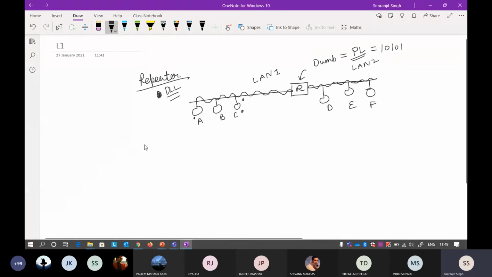Okay. Now there is one other term called collision domain. So what exactly is the meaning of collision domain? Let's understand this by the same example. Suppose your devices are connected like this. This is your A, B, and C, D, E, F. Every workstation that is connected to this wire, I'm only talking about the wire, every workstation that is connected to a wire in a LAN can put the signal on this wire.